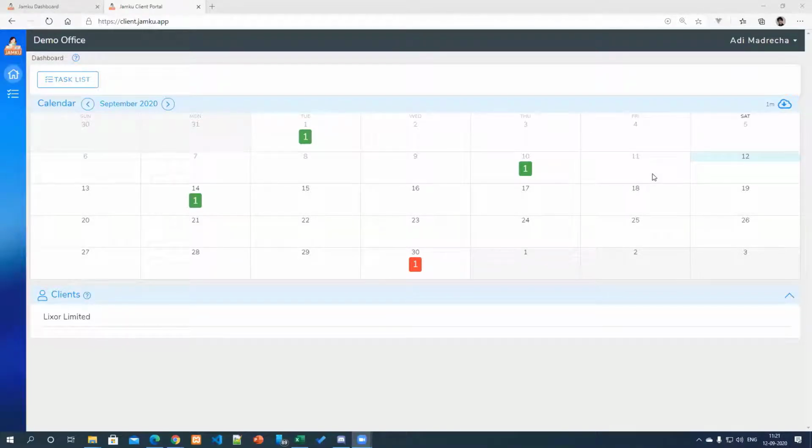Whether a client will be updated of all the bills raised for this work. As you can see, currently we don't have a billing module in Jamku 3 yet. We'll be starting on the billing module very soon. Just to share an update, we'll be starting next week, so then we'll be able to share the exact timelines. Once the billing module is launched in the actual Jamku, then we can plan on what all things can be integrated in the client portal as well.